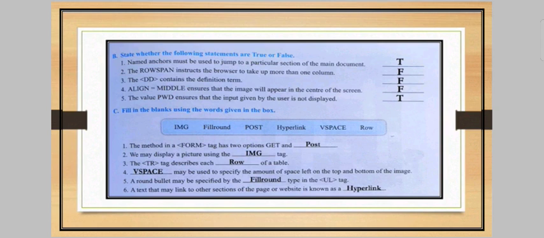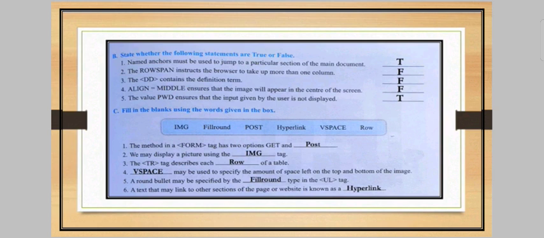Next is fill in the blanks by using the words given in the box. So first is the method of a form tag has two options, get and post. Post is the right answer. Next is we may display a particular picture using the img tag. I already have discussed about the image inserting tag, which is img src.